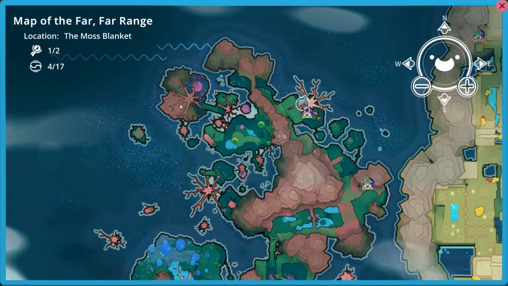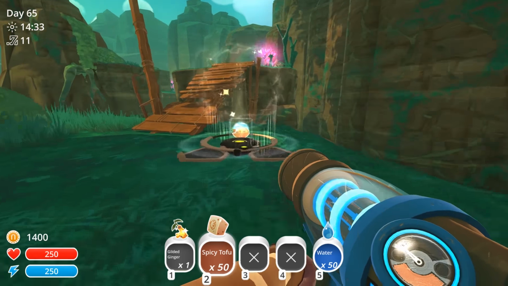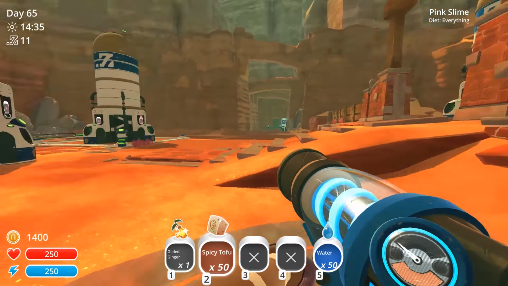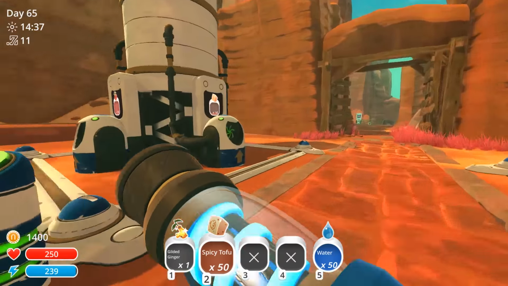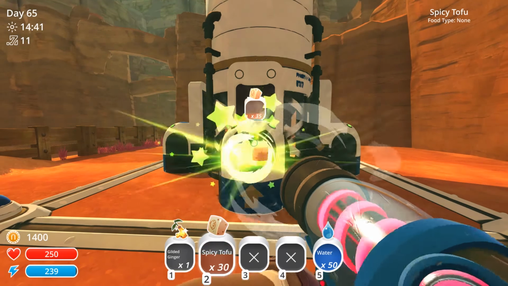I'm fairly certain, like over here maybe? It's right around here. Okay, let's get back. I don't want to lose our spicy tofu. I don't want to lose our gilded ginger here. So I'm going to drop that stuff off, gather up a ton of chickens, and then we're going to go